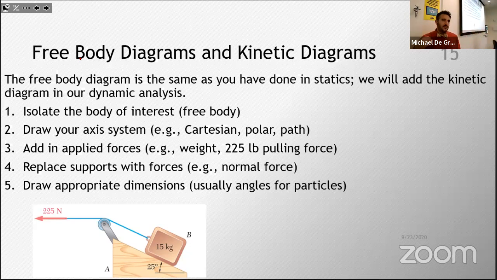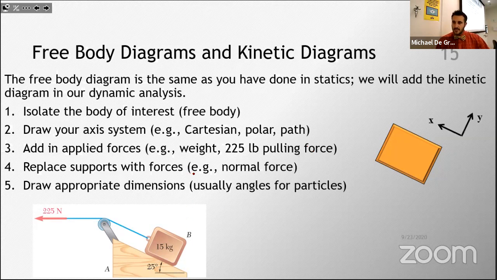First, we want to isolate the body of interest, right? So if we were going to draw a free body diagram for this block on this inclined plane, we need to remove the block from the inclined plane. What do I mean by that? Well, I mean, you have to take it off the plane, right? You gotta take it off the plane. So there's my block. Okay. Then I'm going to draw my coordinates, my axis. In this case, I have chosen that X will be along the incline and Y will be perpendicular to the incline,